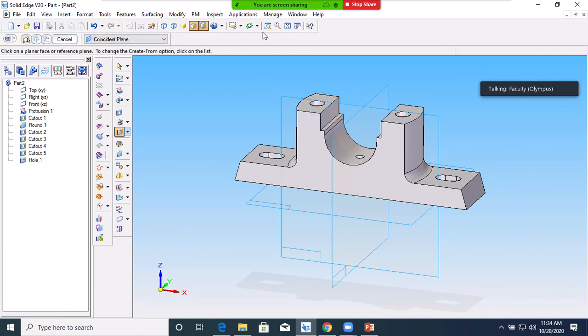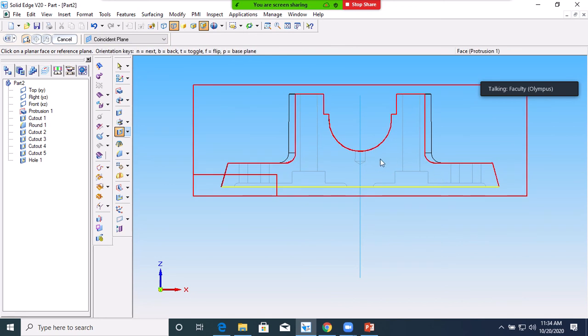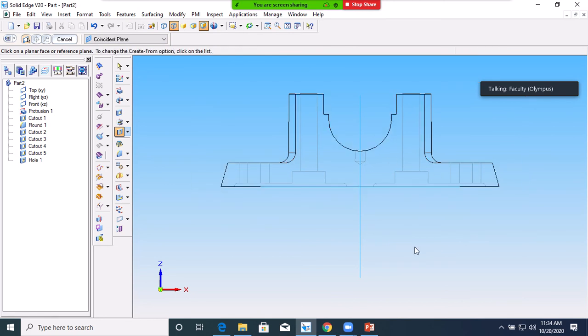In order to see whether you created everything, go to wireframe model. Keep it in the front view. Here you see you have a wireframe model. Now go to this. You can see the entire thing is created, just how your drawing looks in the front view in your part drawing sheet.